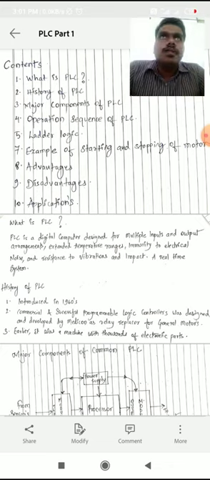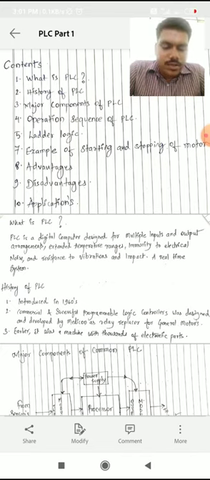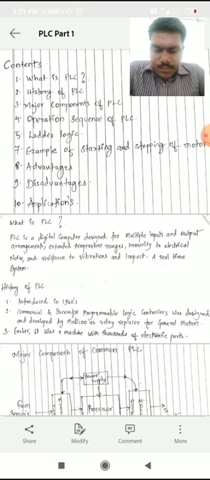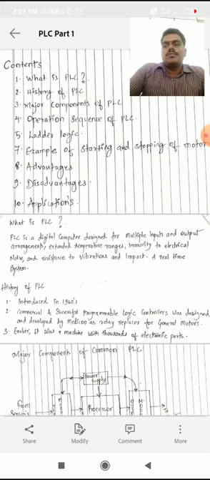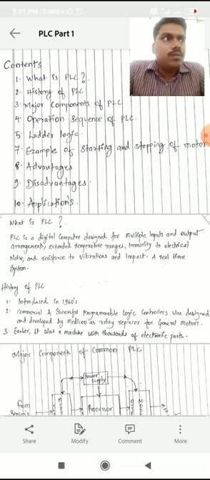As I said, earlier commercial relays were used, which had many disadvantages, like time delay, means the process takes some time to display to the user, it causes some delay in the output.